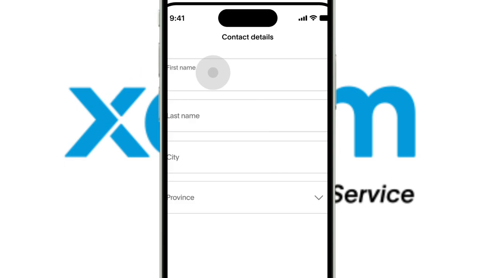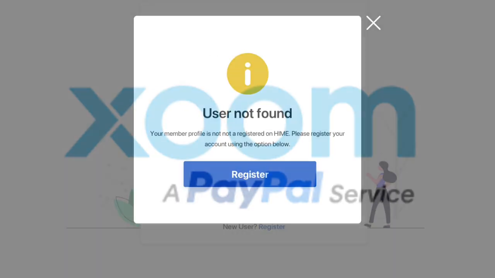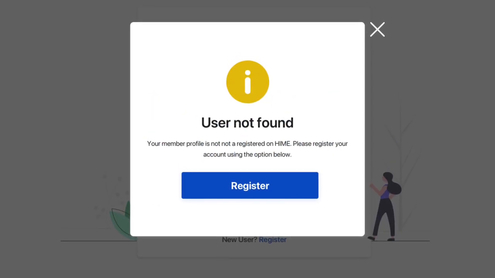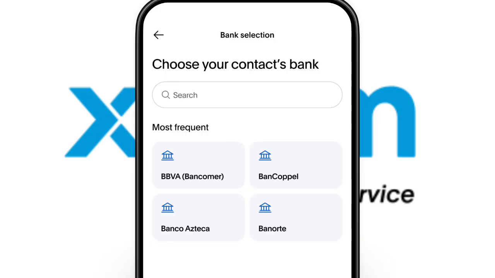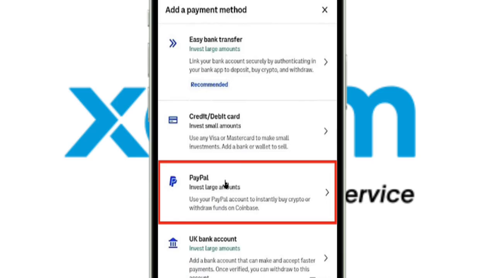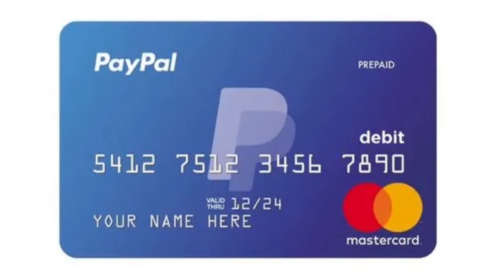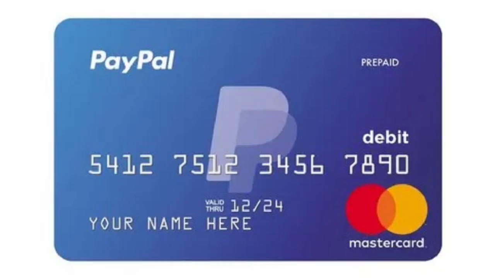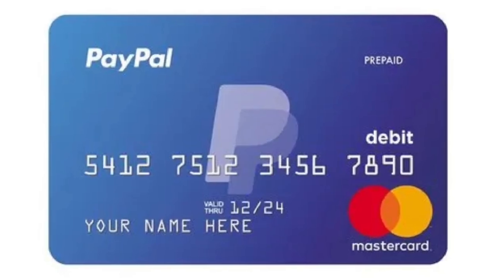International bank networks will automatically reject or freeze the transfer if the names don't match, tying up your funds for days. Select the recipient's bank from the drop-down list and input their account number along with the local routing number or SWIFT code. For select regions like the UK and EU, you can select debit card deposit instead. Just enter the recipient's 16-digit debit card number, and Xoom will instantly push the funds straight into their bank account